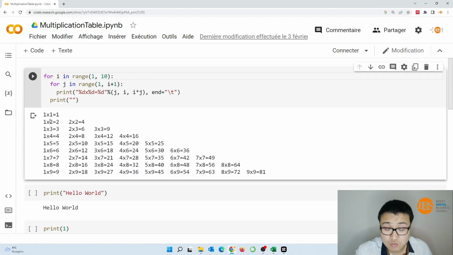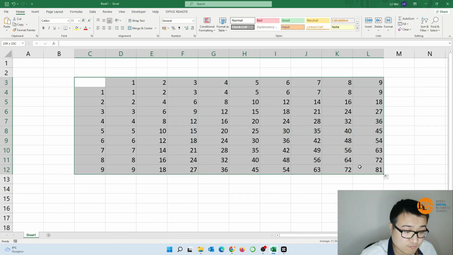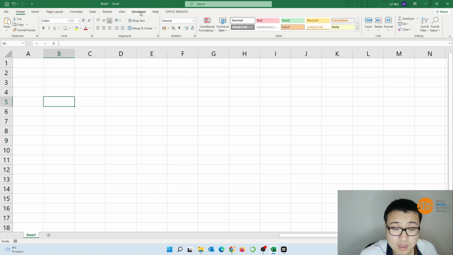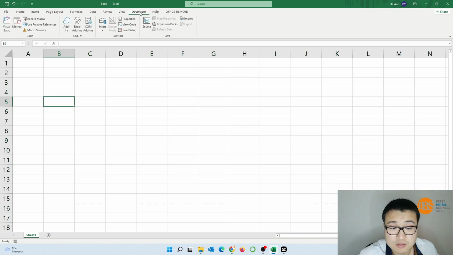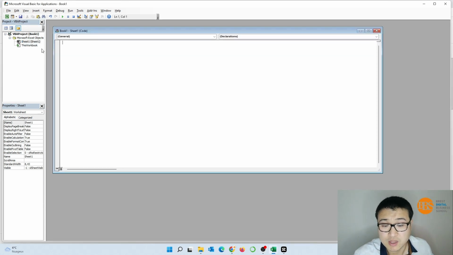So if we want to create such a table with complete expressions with the characters, maybe it's easier to do it in VBA. Okay, I will delete it and try to do it in VBA. To enter the working environment of VBA, we can just click on Developer and then Visual Basic. If we want our code to work only in a single worksheet, we can just double click on Sheet1